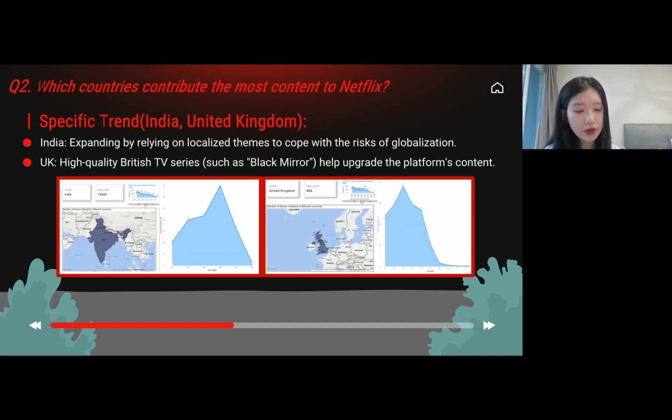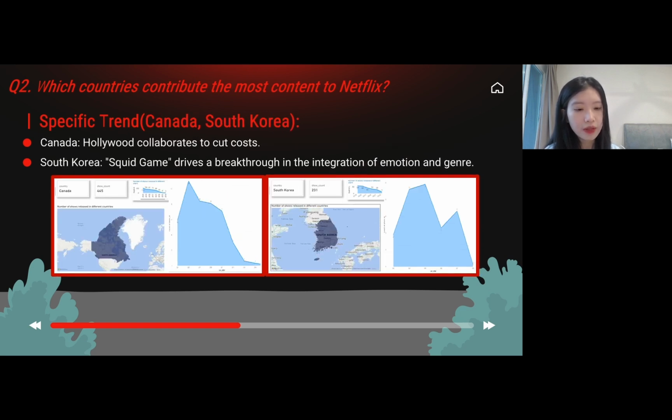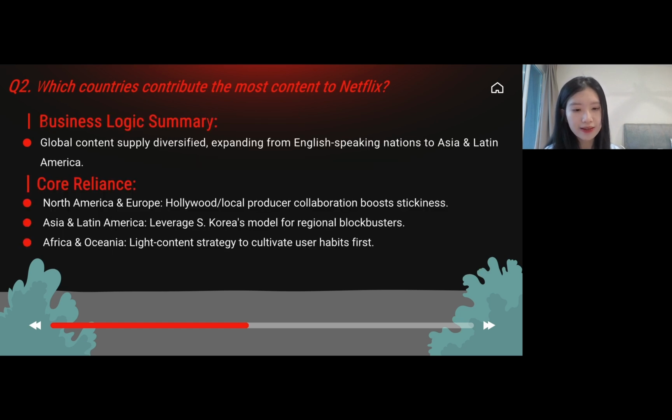India grows with localized themes, addressing cultural preferences. UK: high-quality series like Black Mirror boost platform prestige. Canada: cost-saving Hollywood co-productions maintain quality. South Korea: global hits like Squid Game show genre and emotion fusion, and the strategy is to expand from the English market